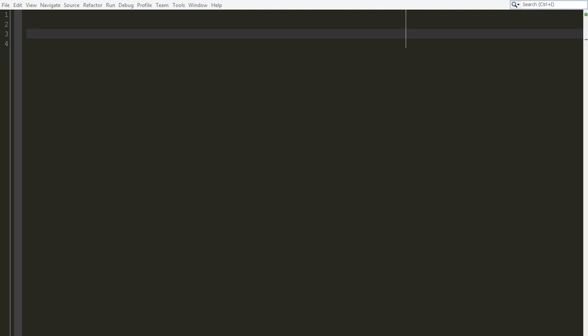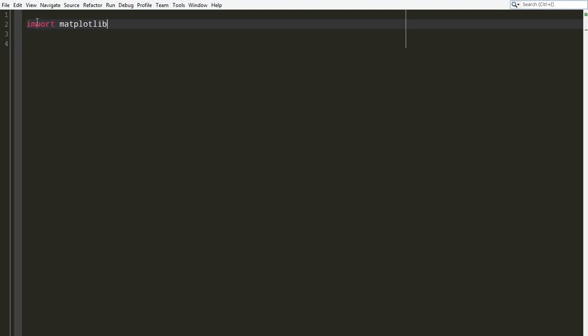So what if you want to add or draw multiple plots inside one figure? It's very simple. You will define two axes with different dimensions or different parameters. As usual, we will import the Matplotlib pyplot